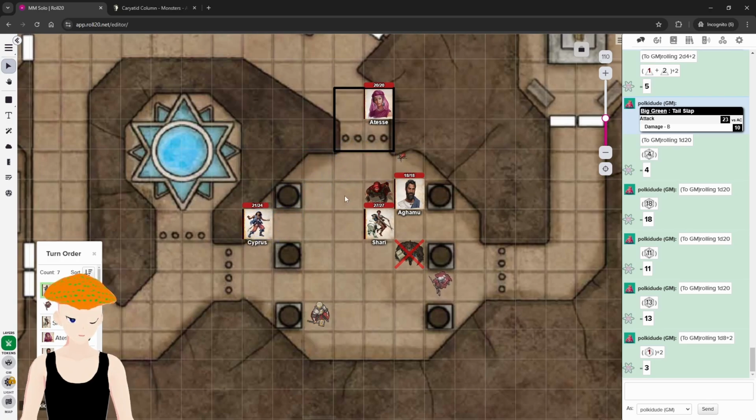1, 2, 3, 4, 5, 6. Yes, just so. Normally, standing up would provoke and moving would provoke. However, you only get one attack of opportunity per round unless you have Combat Reflexes, which this lady does not seem to have, or she chose not to take it. Okay, next up, this man